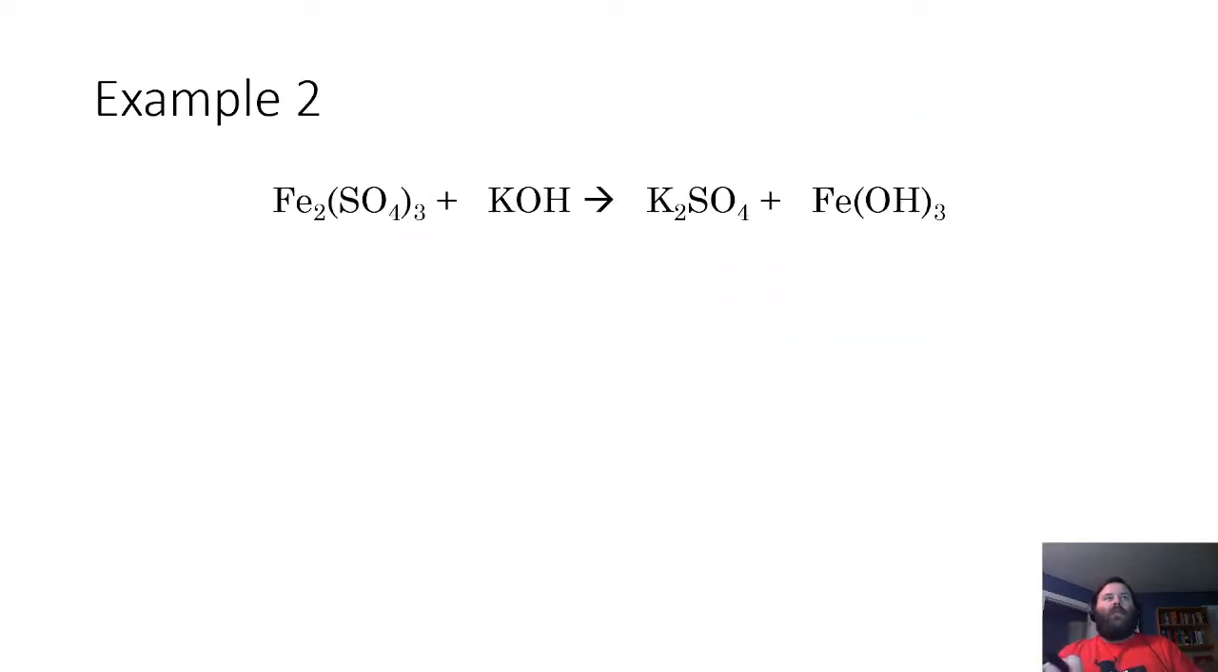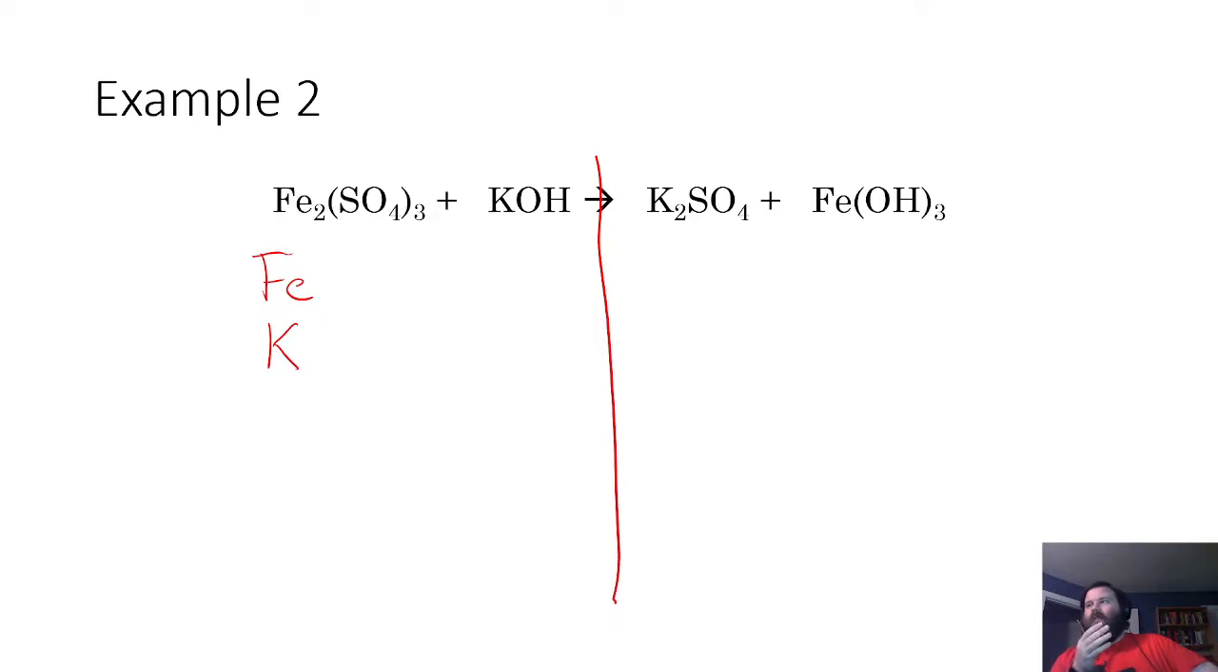Okay, so example 2. Here's a double replacement reaction. We've got iron sulfate plus potassium hydroxide yielding potassium sulfate and iron 3 hydroxide. Okay, so let's draw our line down the middle and list our elements. We've got iron, we've got potassium, and then we could list out the sulfur, the oxygen, and the hydrogen, but